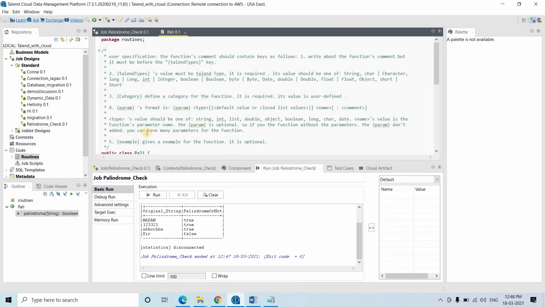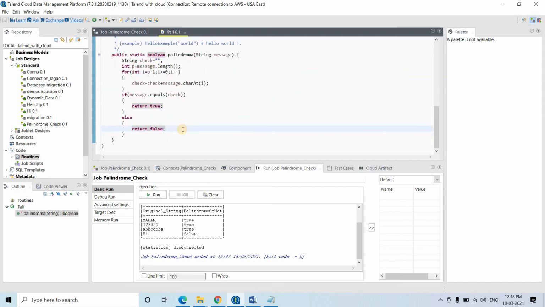Simple Talend complex routine. This particular logic, if you want to use directly without using a routine, then you might face difficulty in writing the program in tJavaFlex or somewhere else. Rather than that, use this routine. And this is just one demo. Previously I have shown how to create a routine for computing median and mode. Similarly here you can use this routine to compute palindrome, and like this millions of user defined codes you can create and use in your project, right?